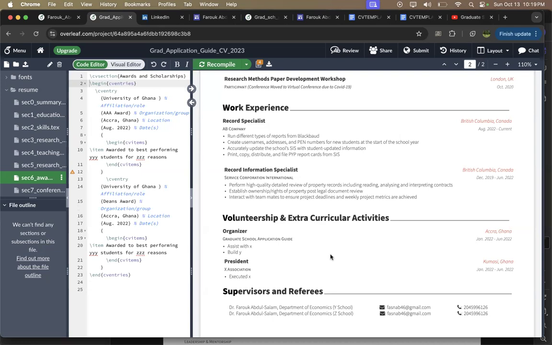So I think we're going to end here. The supervisor and referee, I don't think that will be that crucial. You can decide to take it out. From the discussion we had last year, some of the students were of the view that we wouldn't need it. Others are of the view that you need it. Given that, I would just try and omit it as it stands now. If you really want it, you can add it.